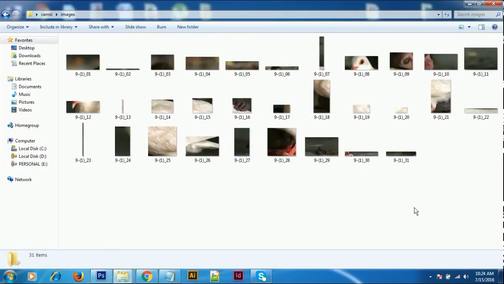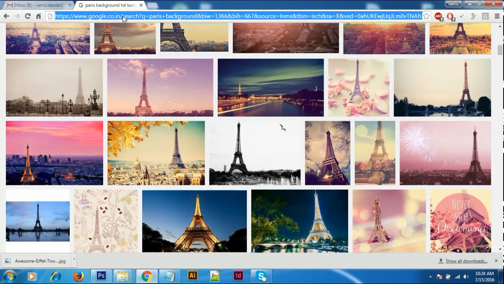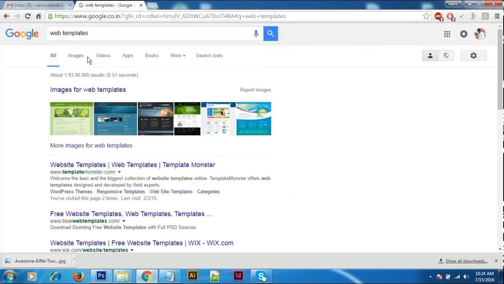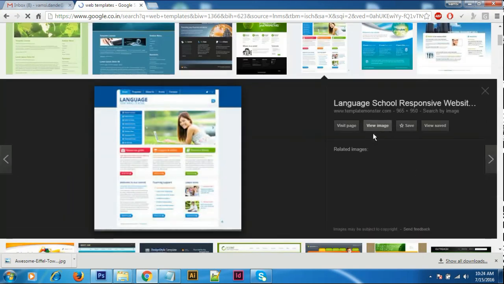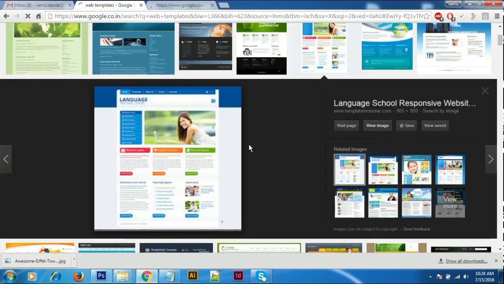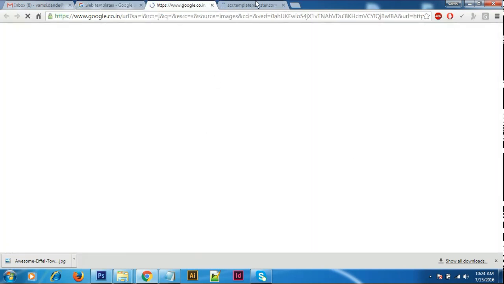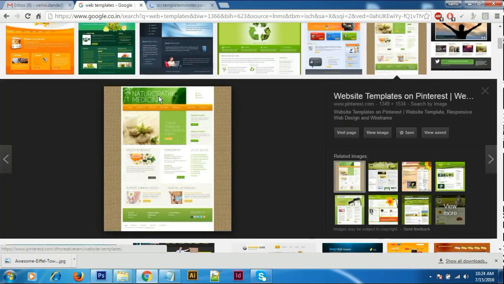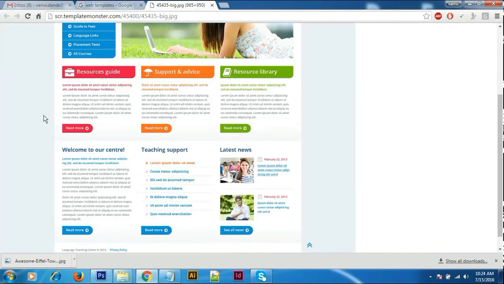But actually, why will people use this one? If you go for a web template, I'll show the example also. Just saving the file, and I'm just importing this image.